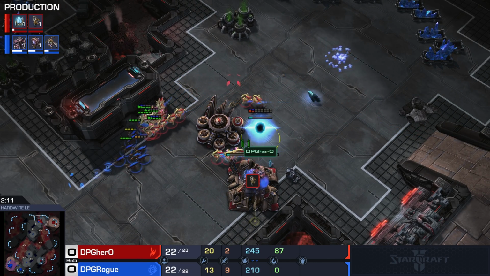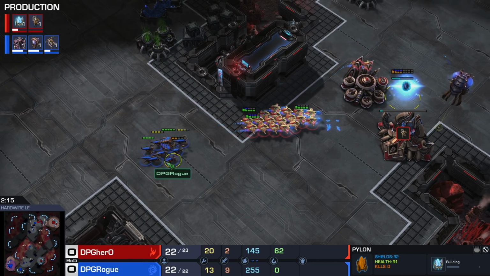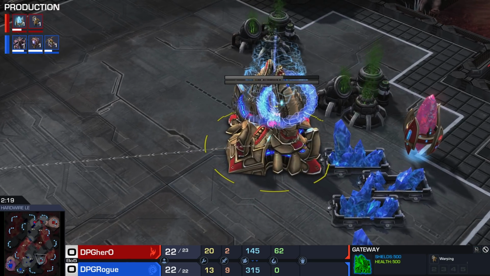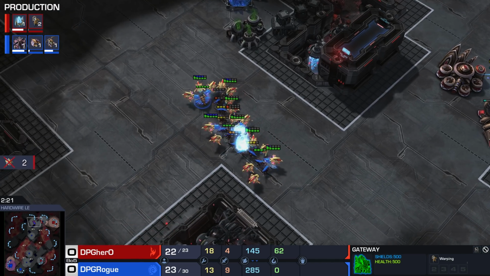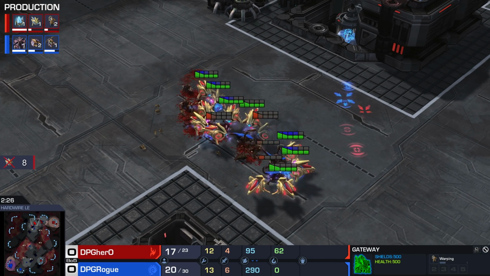Okay, so Nexus gets cancelled. Good targeting right there on the pylon. A new pylon will be starting up as well. In the meantime, I mean, that gateway should have finished. Oh my god, he's even chrono boosting it out. That's no good. Nice little bit of mineral micro over here, though, by herO, forcing those probes to go through